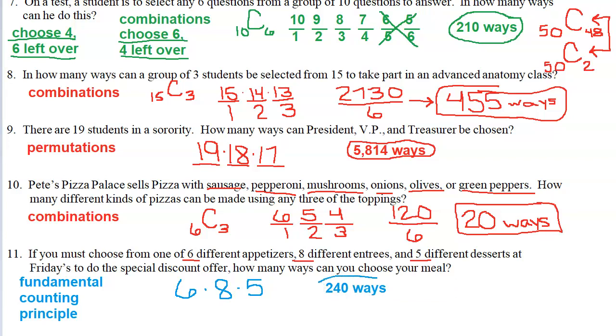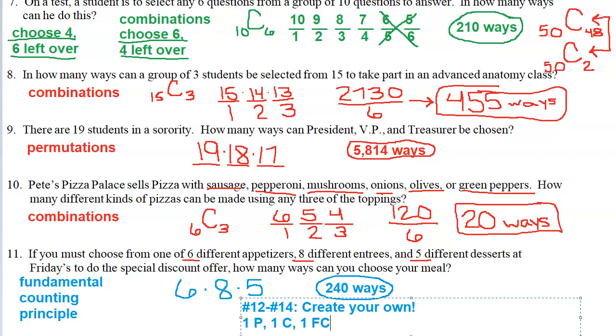All right, so real quick, I just want to make sure you remember my request from you. You have a little bit of space on your paper. If you don't have enough room, then do it on a separate sheet and scan that as well. 12 through 14, you are going to create your own. It's going to be one of each type: one permutation, one combination, and one fundamental counting principle word problem. I want you to create your own